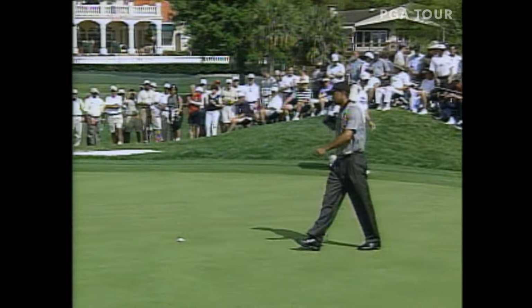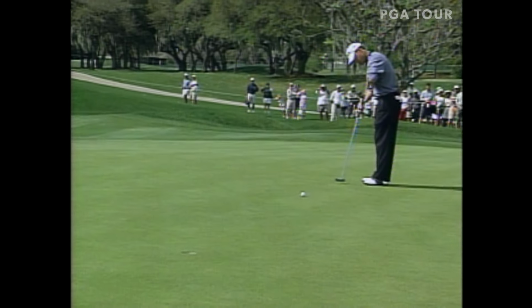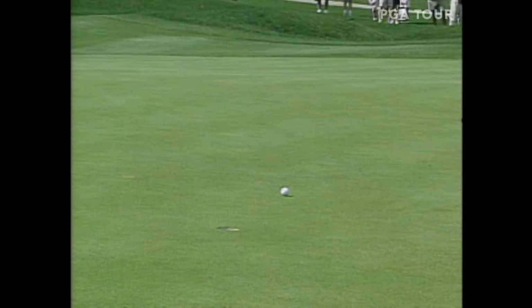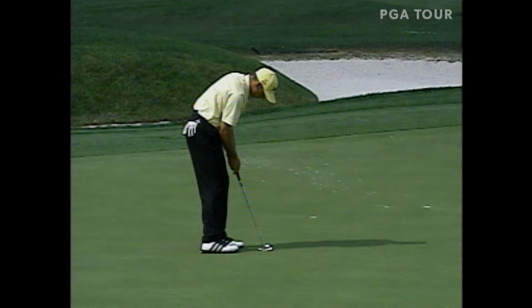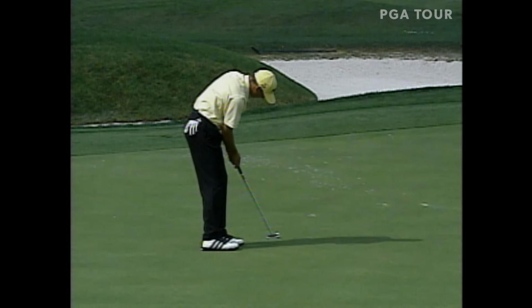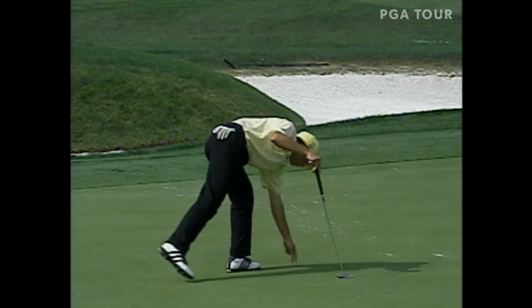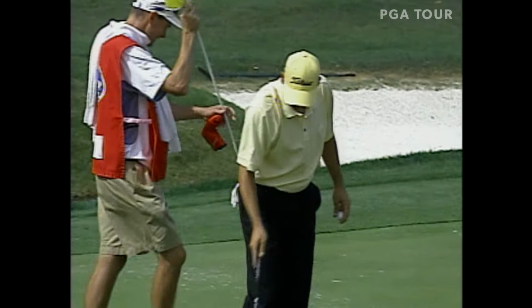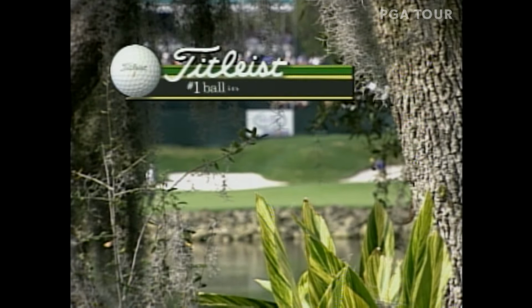In the meantime, playing today with Scott McCarron, who's finished second in his last 2 starts. McCarron here looking for a birdie at the 5th. 3 in a row for McCarron, yes. That moves him to double digits under par at 10 under. And then moments ago, Sergio Garcia looking for his second PGA Tour victory of the year and his second straight birdie at the long par 4 ninth. And Garcia is out in 32. 5 birdies for the young Spaniard on the front 9